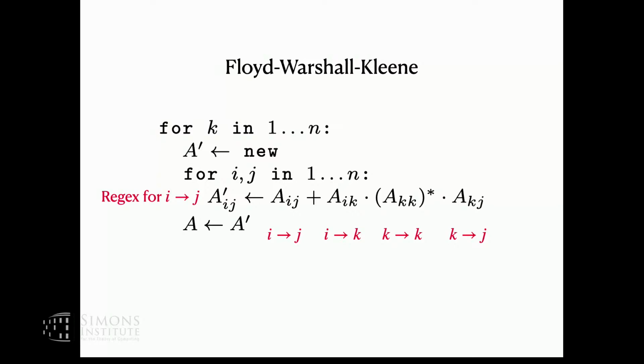So we talked about automaton in the previous session. We assign these indices to the automaton, and then this is our result. This is the matrix we're going to store our result in, or the automaton we're going to store our result in. So we initialize with empty, and then for every pair of states from 1 to n, we are going to look at the previous